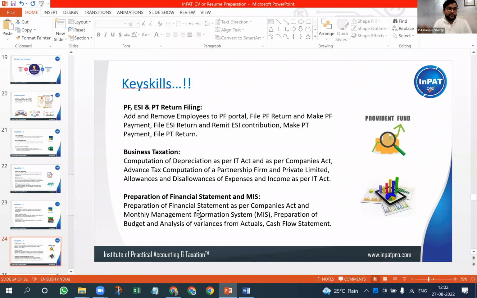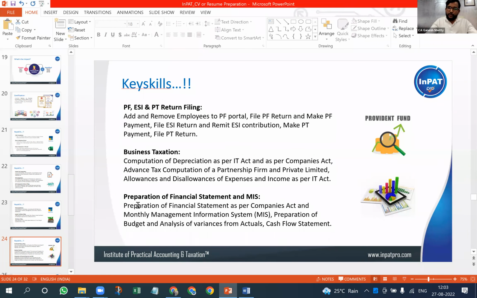So the first 2 years of your career should be invested. After 2 years you can earn more money, but try to invest your first 1 or 2 years in learning. You can give some promises, and you can also tell them, sir, I know preparation of financial statements in a very, very basic sense, but if you can help me out, I will be able to prepare it on my own. Every month I can give you MIS. If you have a senior accountant with you, you can learn from them to upgrade your knowledge apart from what you learned here.